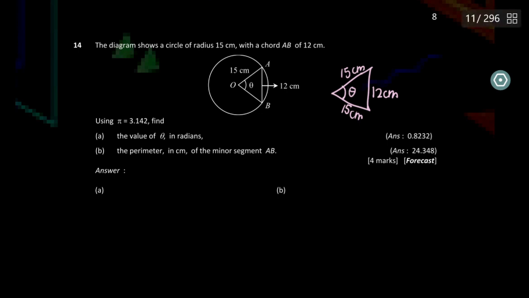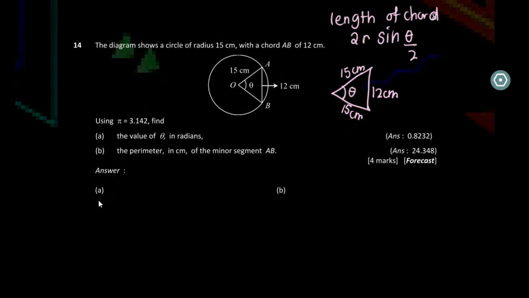You can use solution of triangles, or you can also use the length of chord that you learned, which is 2r sine theta over 2. This one you also learned in your chapter 1, length of chord. Since we already know our length of chord is 12 cm,